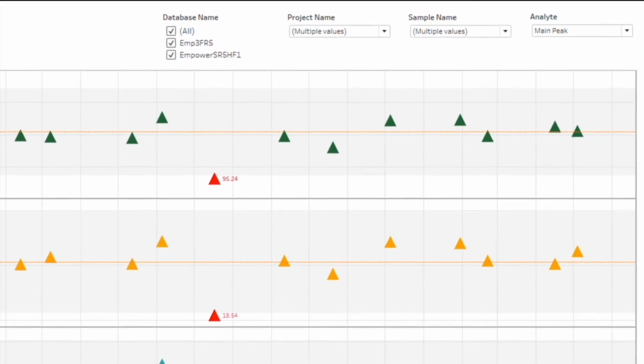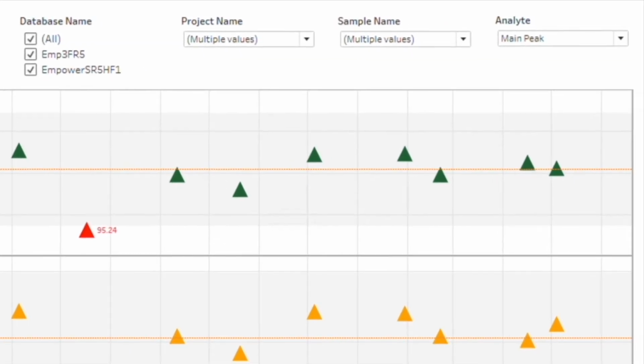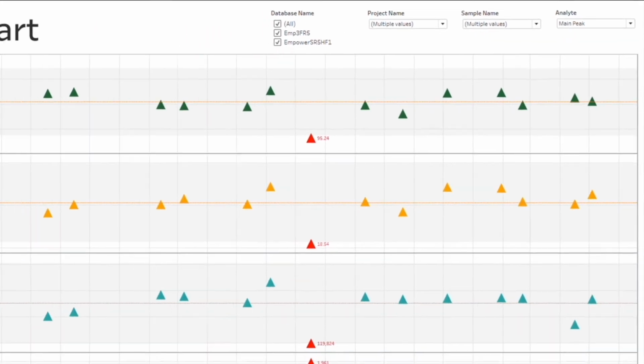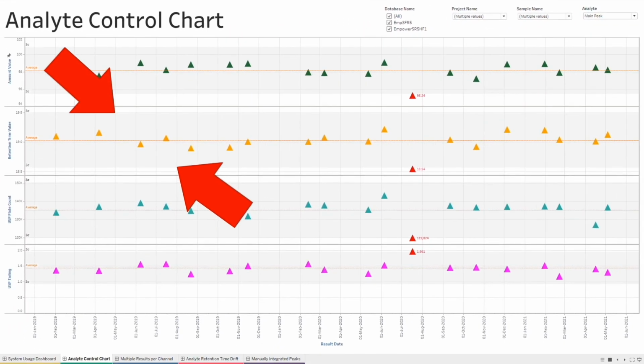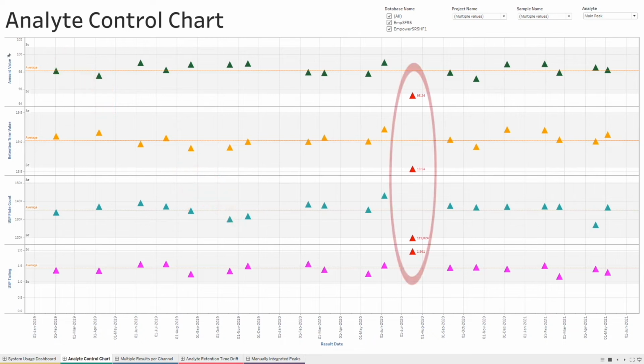As you can see from the filters in the top right corner, we're able to narrow in on specific databases, projects, and samples. Finally, each metric has been set up to show the 3 sigma boundaries, and any data points outside of the 3 sigma boundaries are highlighted in red. As you look at this, keep in mind that what you're seeing with your eyes is our data viz tool, but the data used by that viz tool comes from EDSL.